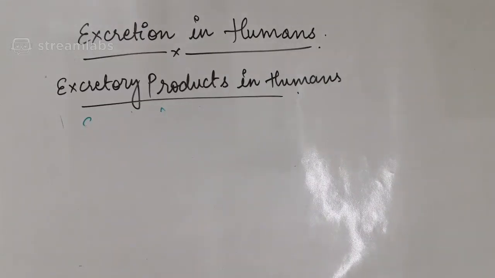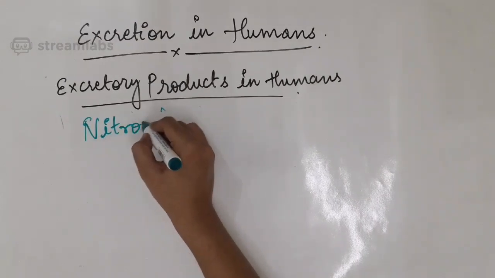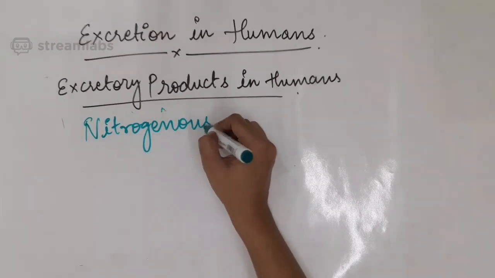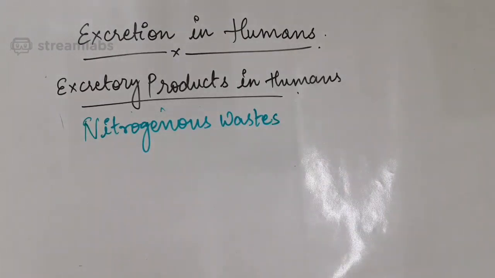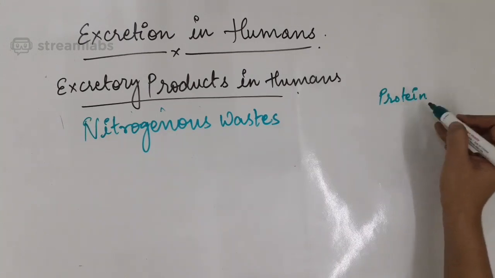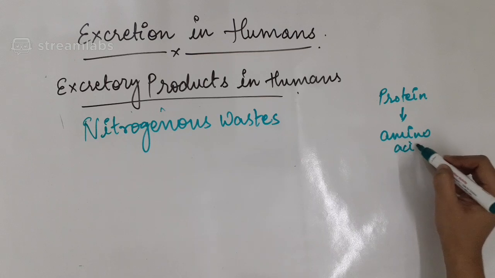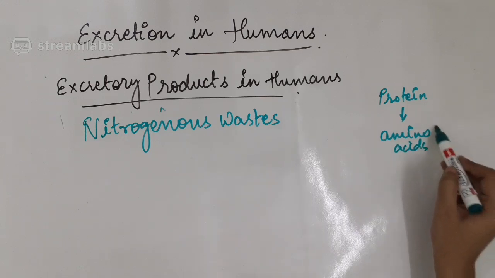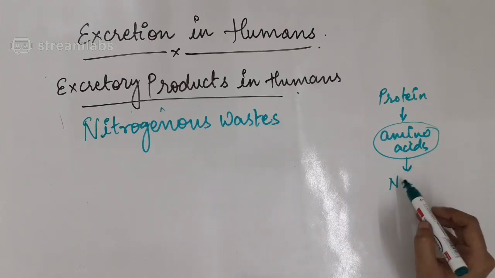एक्सक्रीटरी प्रोडक्ट्स में आपको सबसे पहले क्या पता चला? नाइट्रोजनस वेस्ट, because protein is from the amino acids. प्रोटीन्स जो हैं उनका जो सिंपल फॉर्म है वो है अमीनो एसिड्स, और अमीनो एसिड्स जो हैं वो एटमॉस्फेयर में प्रेजेंट है नाइट्रोजन